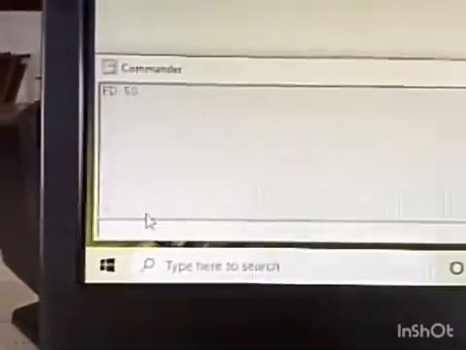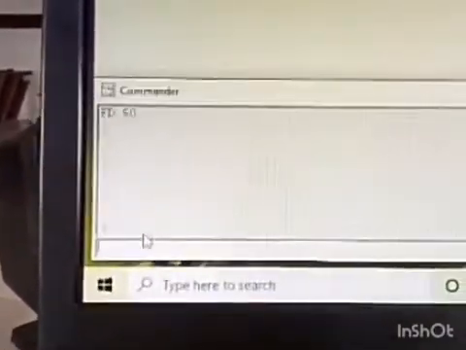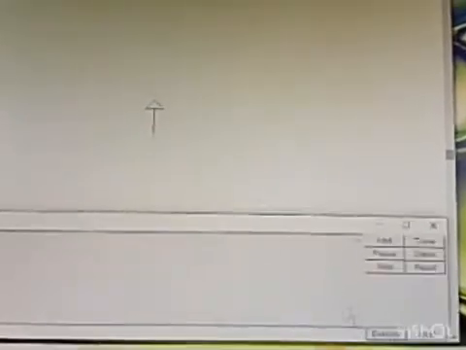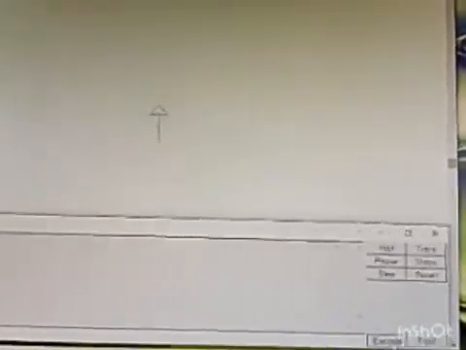Now if I want to move again, for example 30 steps, FD space 30. Now again I will click on the execute button and my turtle will move in the forward direction.